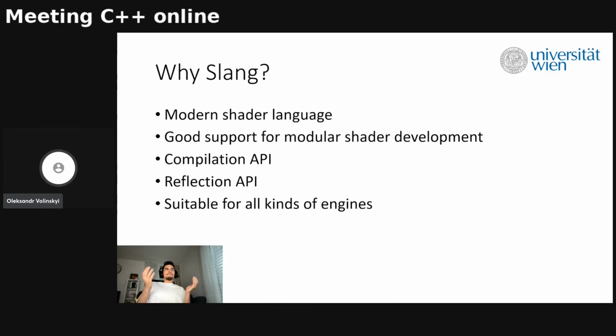And so that made the Slang language a very good fit for my project, because I wanted both. I wanted shader generation and I wanted shader reflection extraction in one workflow. And so in my current setup, I compile the shaders into SPIR-V, which is suitable for Vulkan, because I have made a Vulkan renderer. So it works in Vulkan, and that's why for now I'm compiling all shaders to SPIR-V.